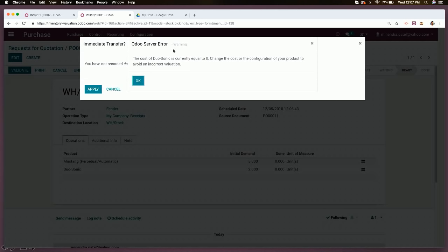So this is what I was talking about, and I did this purposely, actually. The cost of our Duosonic is currently equal to 0. So we have to configure the product to avoid the incorrect valuation. The great thing about Odoo is that, again, if you mess something up on your own, it will get fixed, or it won't get fixed until you fix it. But what happens is it will give you the validation warning or error, depending on what it is, to rectify